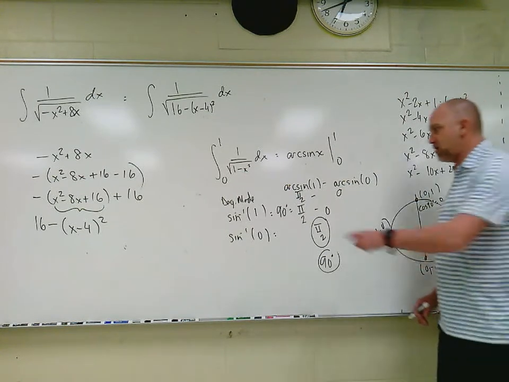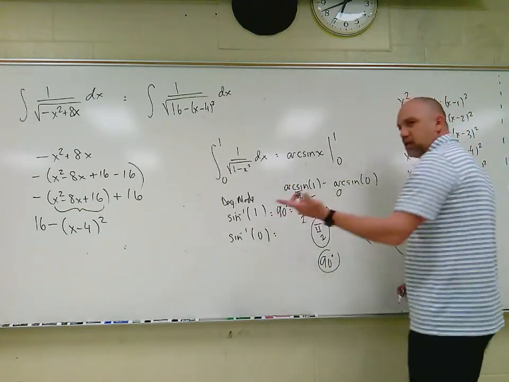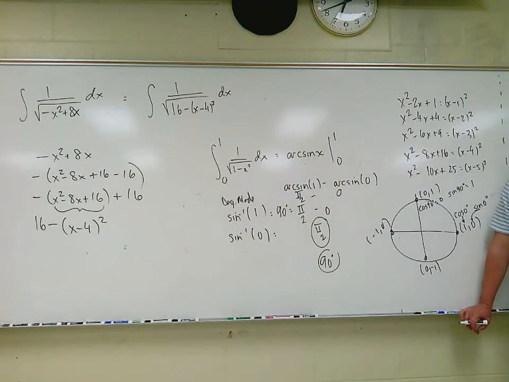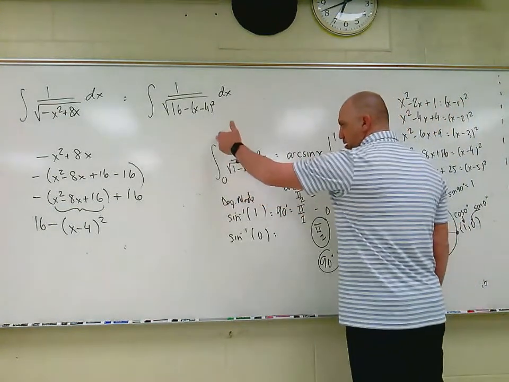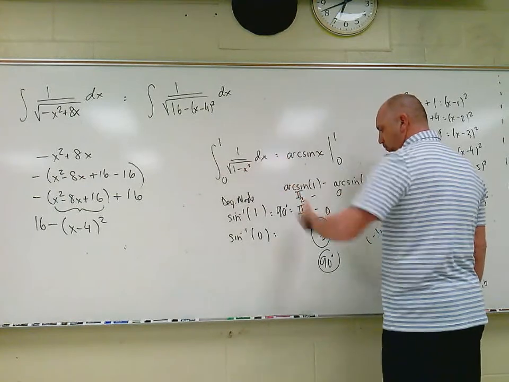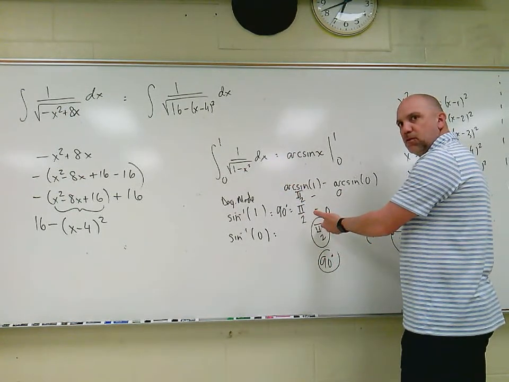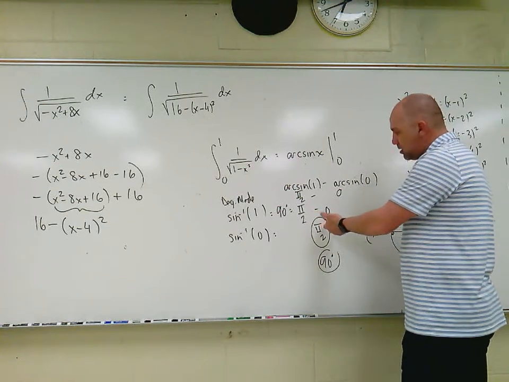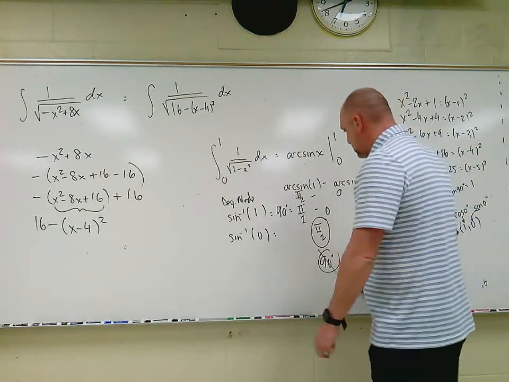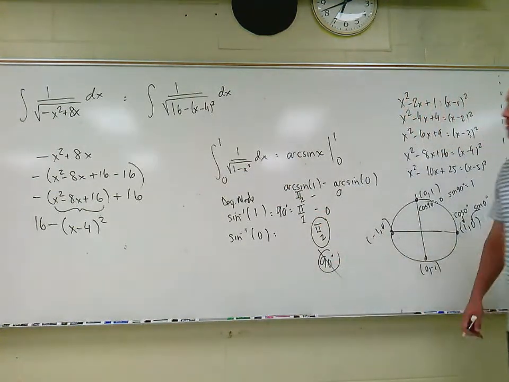Because it's net area. Don't forget what definite integrals are. This is net area. This is area under a curve. You can't say degrees for area under a curve. You just have to give a number, a value. And this value is pi over 2. Okay? All right,